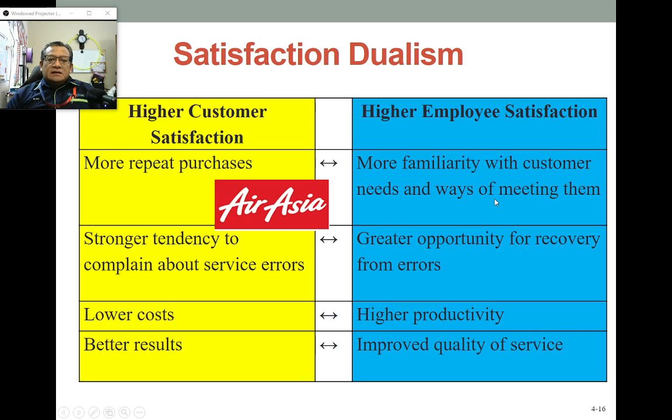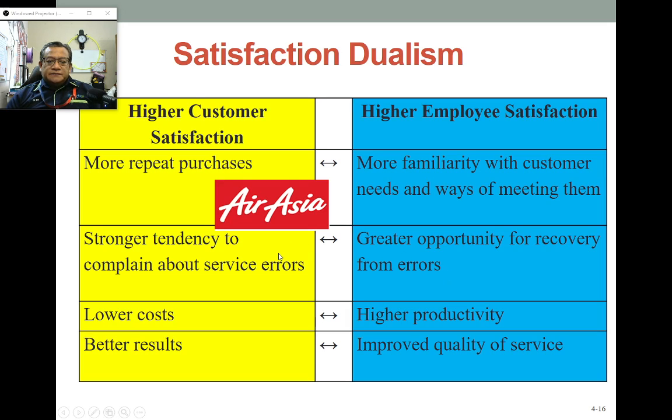In return, if customers are more familiar with customer needs and the ways to meet customer expectations, then customers will be satisfied and repeat purchases could be expected from AirAsia customers. Respectively, if the customer has a stronger tendency to complain about service errors to the service provider, the greater opportunity for recovery from errors could be assessed by, I would say, workers in order to